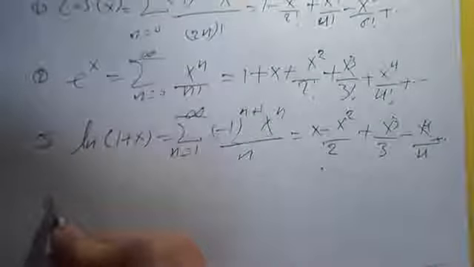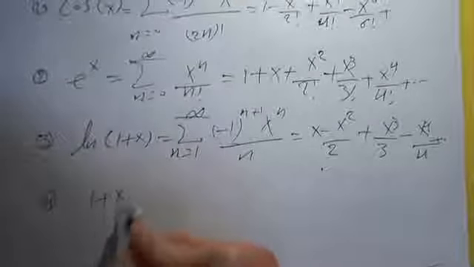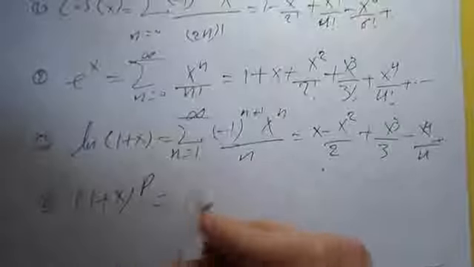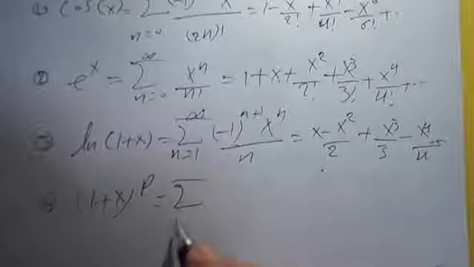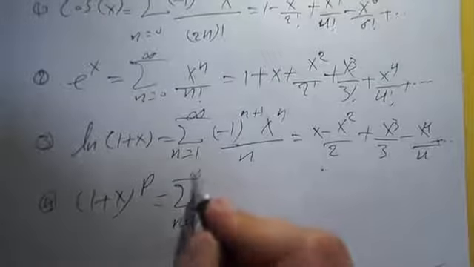And the last example is (1 plus x) to the power p, which can be written in the following form: the sum from n equal to 0 to infinity